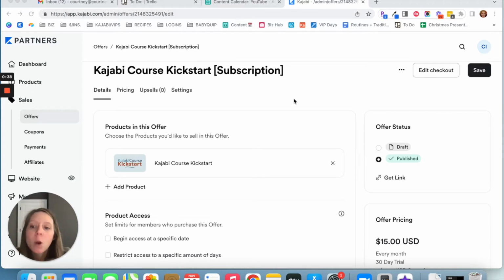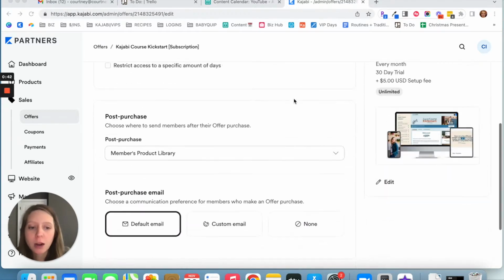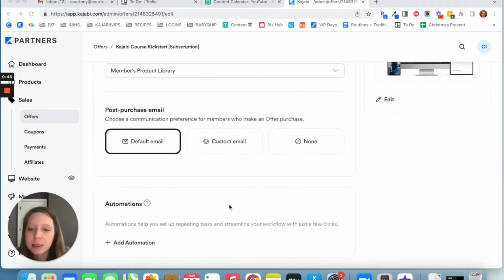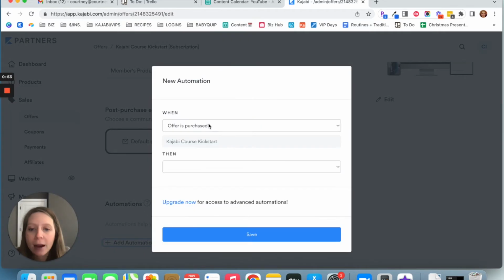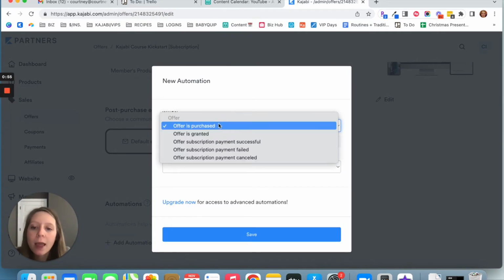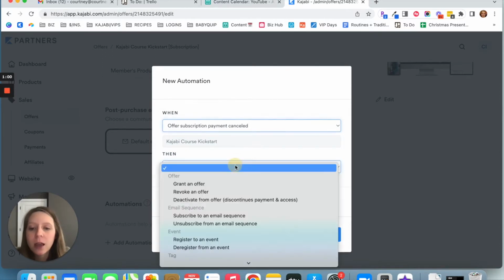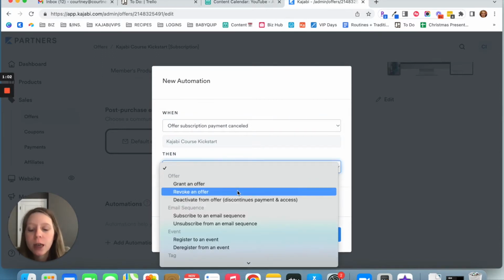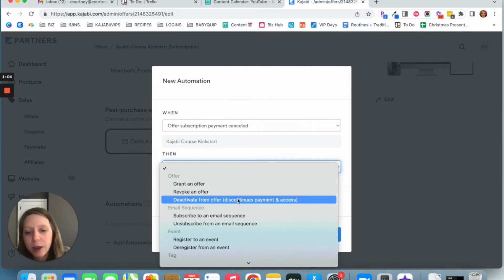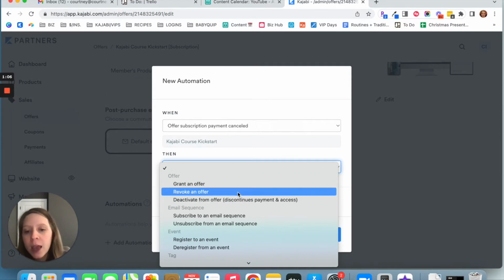So when they go in and cancel, there are a few different automations that can be set up. And so what I specifically want to talk about today is this automation that you'll see in here down at the bottom of an offer. If you click Add Automation, that when the subscription payment is canceled, then revoke an offer or deactivate from an offer. If you choose either of these options,